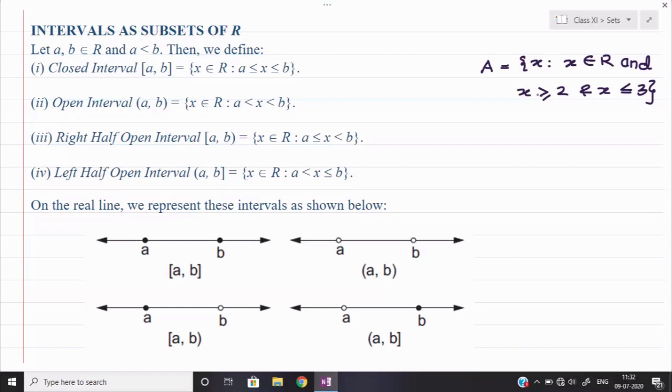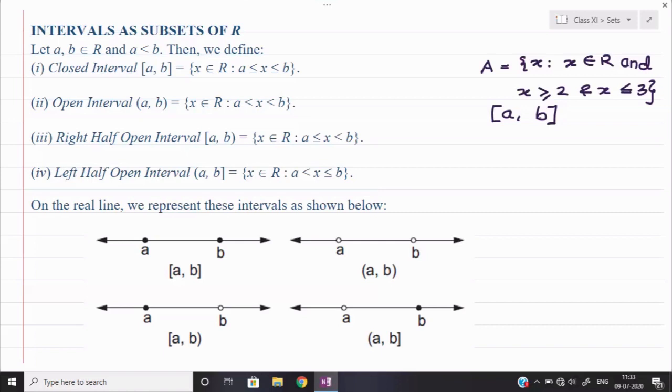For example, suppose they are saying the value of x is more than or equal to a but less than or equal to b, same as what I have given here. x is more than or equal to a, my a is here 2, and less than or equal to b. So in this case, I will write down the closed interval [a, b]. It shows a and b both are included, means the value of x will start from a and go up to b, and the values lying between a and b. So between 2 and 3, whichever values are lying, those are also values of x, including 2 and 3.